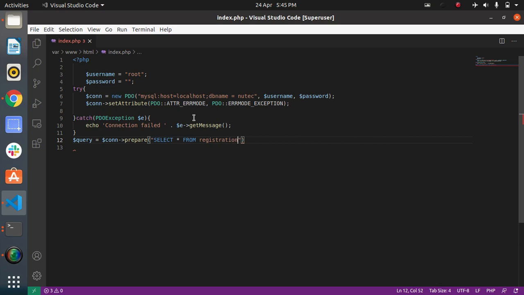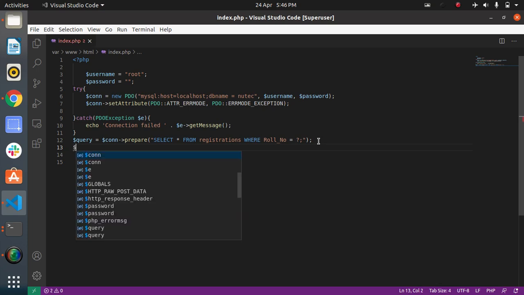The name of the table is registrations, and where roll number equals placeholder. So this is a prepared statement to avoid SQL injection. Now we will replace this placeholder with our input.